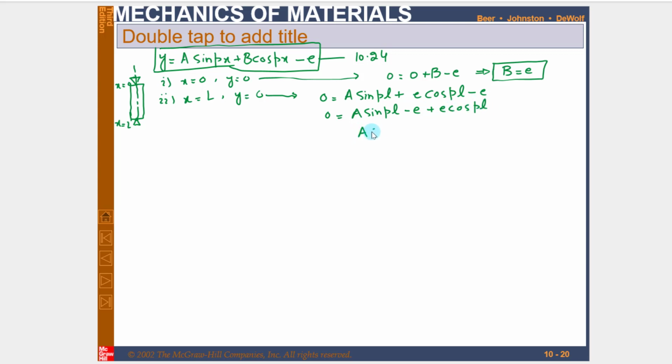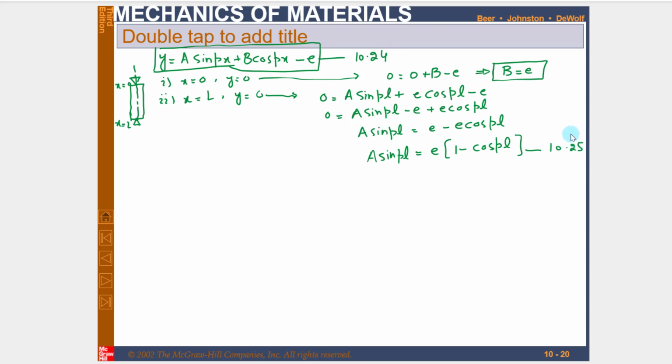Again, a sin of pL will be equal to e minus e cos of pL. Since e is common over here, you can get e times 1 minus cos of pL. So a sin of pL will be equal to this. Let this be equation